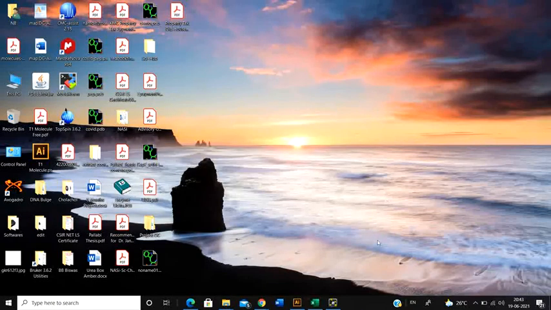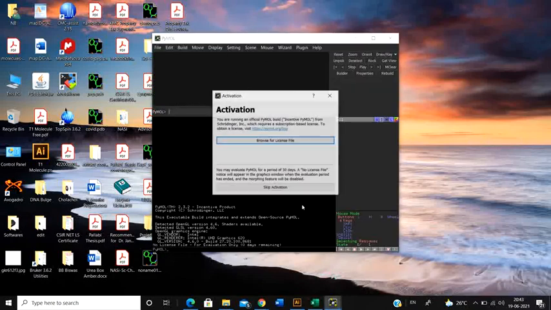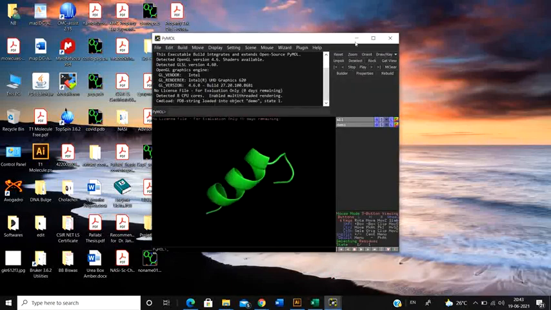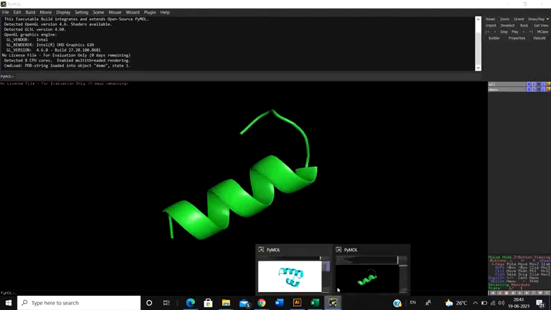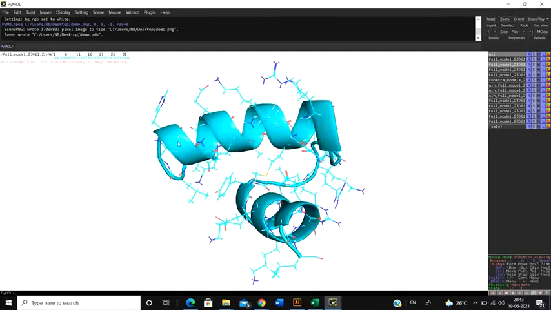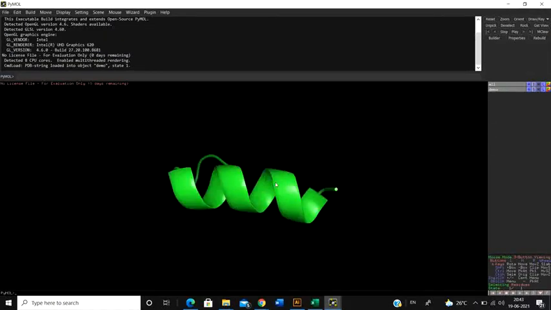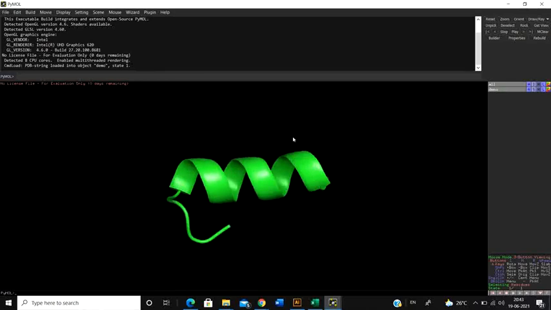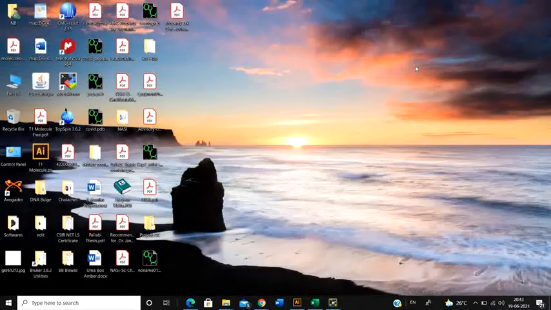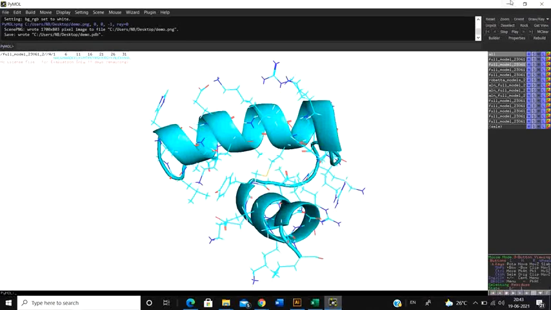Now let's check the demo PDB. Now see, this is the first fragment of the protein, only that particular fragment. So this is the whole protein, and I have selected only this fragment. So if you need to cut off a particular fragment, if you need to select only the active site of that molecule, only the functional domain of a protein, not the entire protein, you can obviously select the sequence and save it accordingly. Understand? So that's how you can use this software to present your molecule.